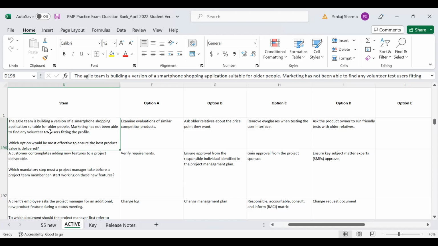नहीं but बहुत बार देखो ऑर्गेनाइजेशन में ऐसा होता है कि नहीं होता कि मेरे पास मार्केटिंग का बंदा आया ऐसे ही बोला कि यार कोई अब कौन टेस्ट करेगा इसको कोई मिल नहीं रहा है मैं बोल रहा हूँ यार एटलीस्ट कॉल अरे क्या ढूंढ रहे हो किसी को कंपनी के अंदर या बाहर आप सीधे जितने भी लोग हैं उनके रिलेटिव्स हैं जो सीनियर रिलेटिव्स हैं उनको इनविटेशन भेज दो बहुत सी दिस इज अ इंस्टेंस दैट मार्केटिंग हैज नॉट बीन एबल टू फाइंड मार्केटिंग देख ही नहीं रहा होगा उस एस्पेक्ट से डज इट हैपन और नॉट इसका मतलब कि दे आर इनफॉर्मल टेस्ट यूजर्स वी कैन से then ओके